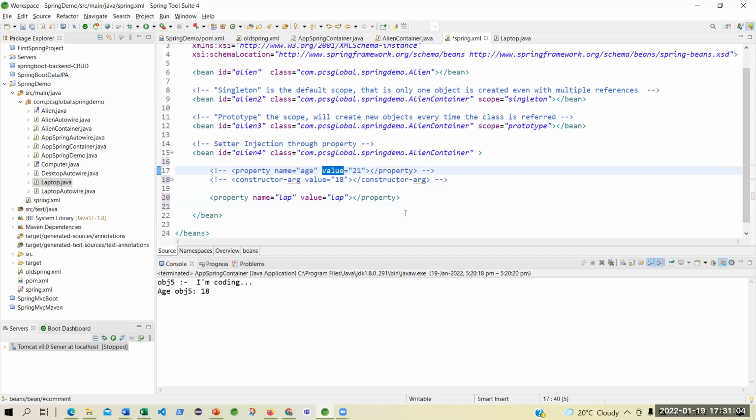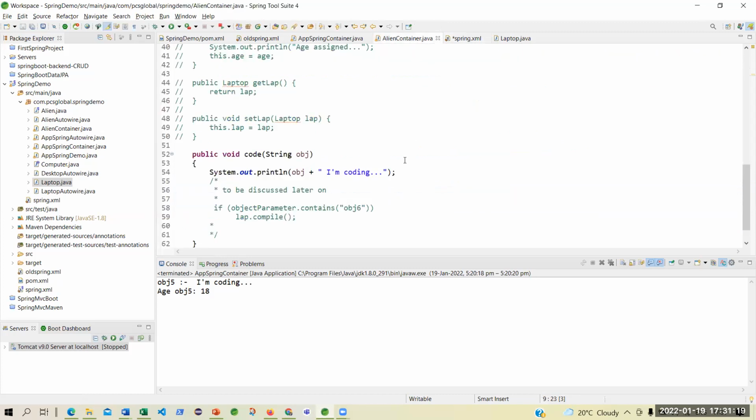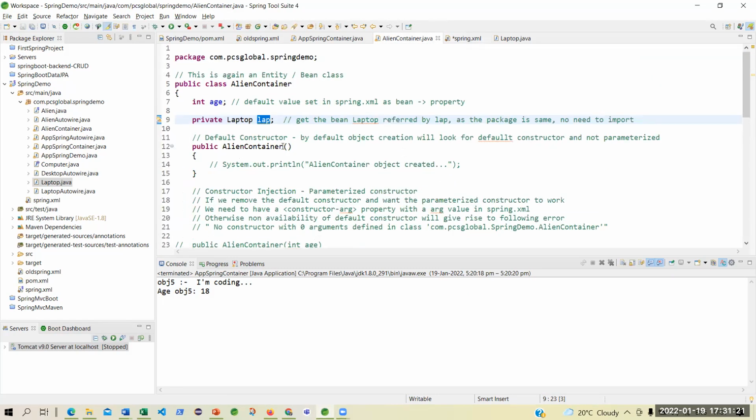So I thought that I can do the same thing. I will define lab, as if I am doing it as a property. But remember, again and again, I'm saying this is not a property.